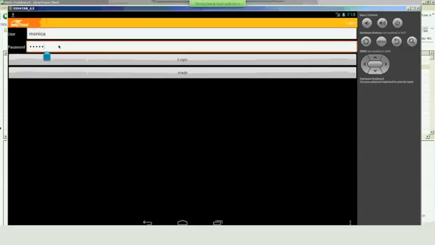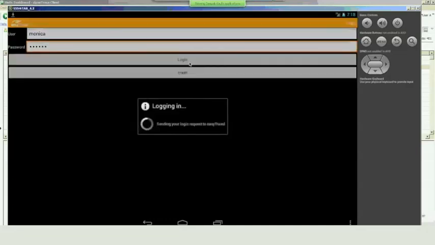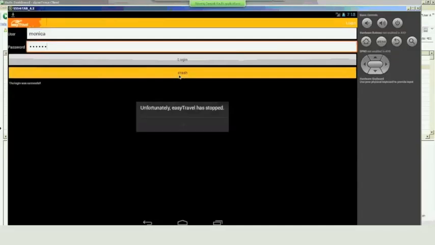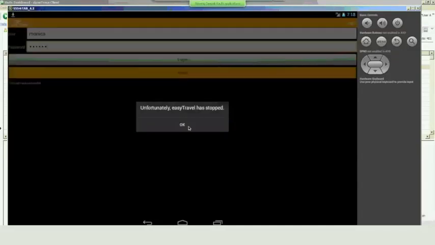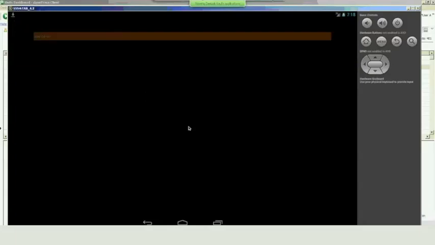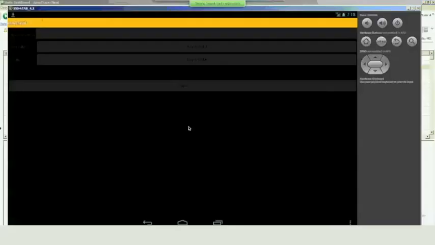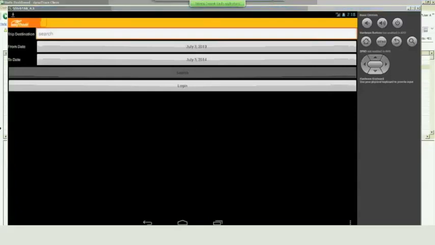So the user logs in, okay, and after the login, I'm just trying to crash this. This is a deliberate thing which I'm trying to do here. So I'm just trying to crash the application after the user has logged in and see how Dynatrace can help me quickly see this user action and how I can quickly look at this data.